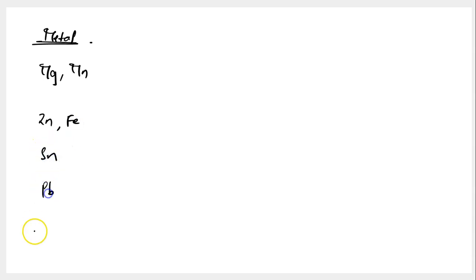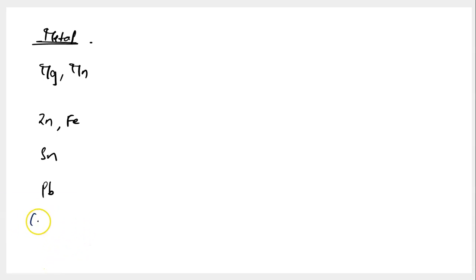So the first column of the table is going to be the metal that we are talking about. Let us take the metals which are present above hydrogen first, which is magnesium and manganese as a set, because both of them exhibit very similar reactivity with nitric acid, followed by zinc and iron, and then we'll talk about stannum, we'll talk about plumbum, and after that the metals that I'm writing are the ones which fall below hydrogen